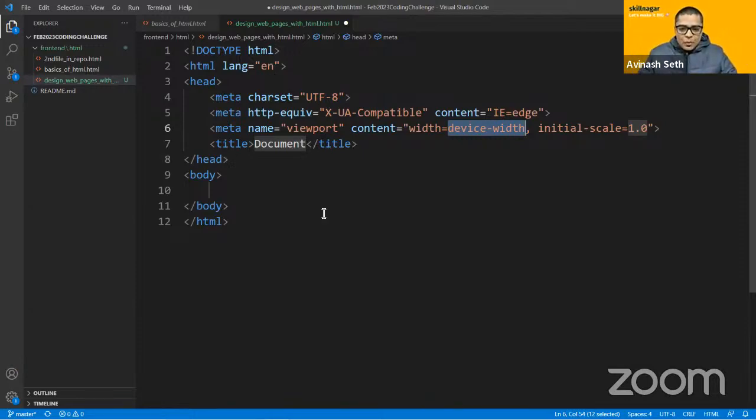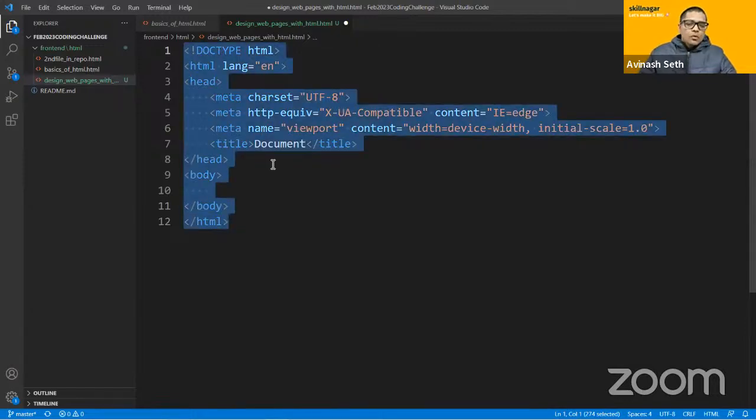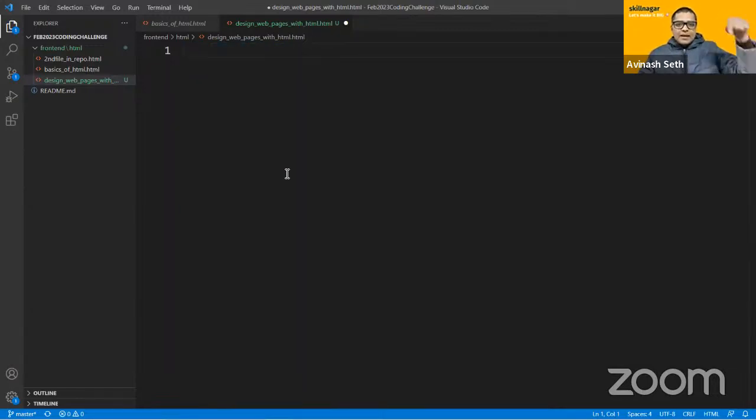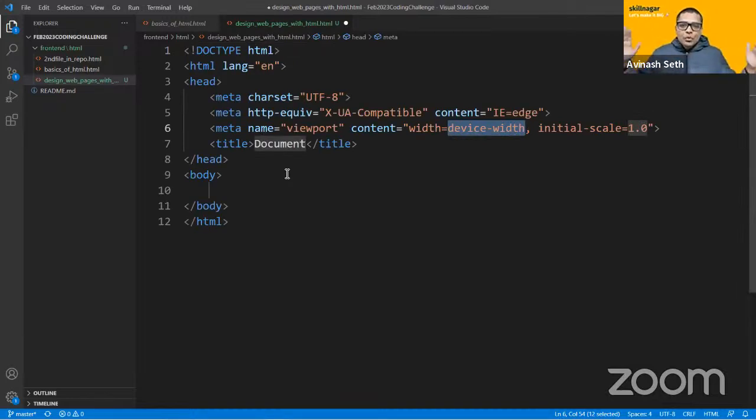So what I did, instead of writing the whole code, html, head, body, title, I typed an exclamation point, and then I can press the tab key, which is just above your caps lock key. Now the whole source code is ready with me, which is amazing. Is it? It is amazing.